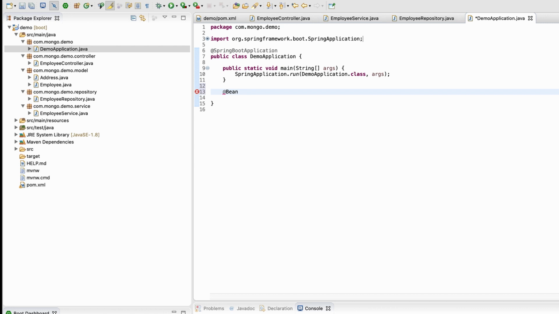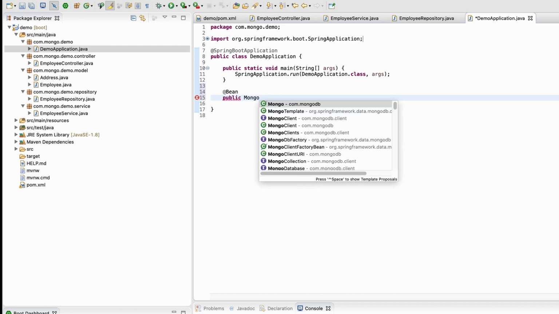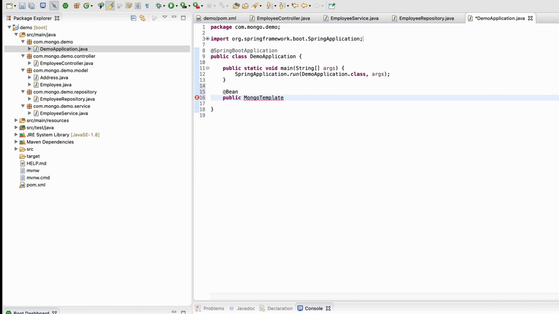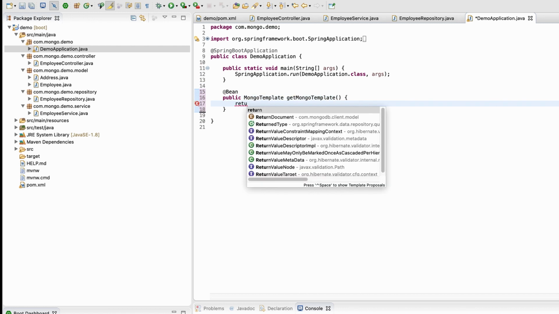At the time of starting the application, the Spring container will run this function, and this function should return a MongoTemplate object, something like this. Let's say I name it getMongoTemplate, and inside that you need to return